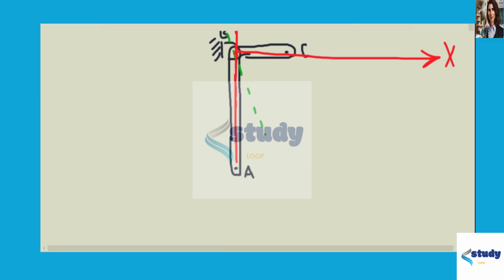I'm going to call this the angle theta. And so if we had a force at point A, and displacement at point A, well, then I could show that